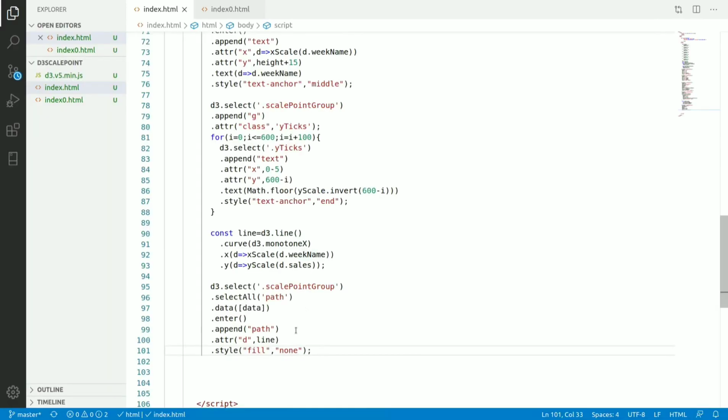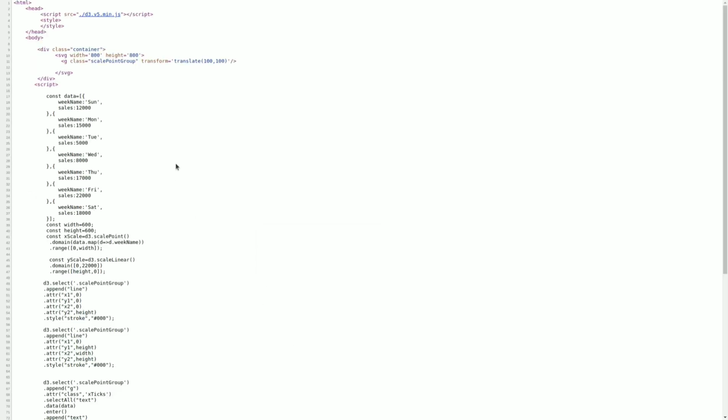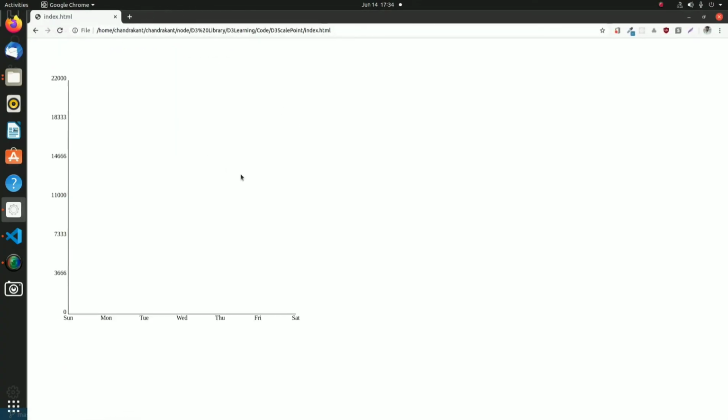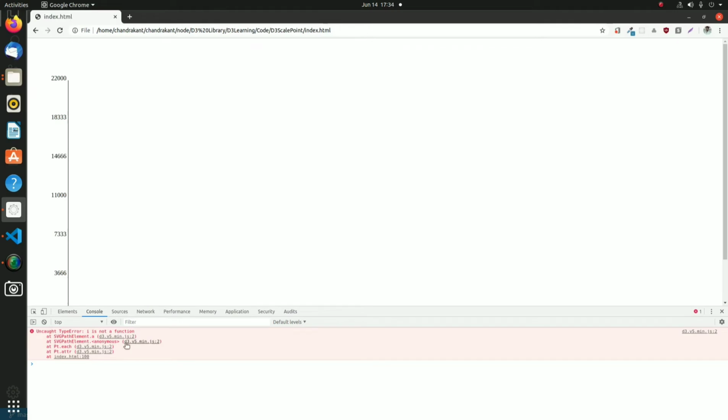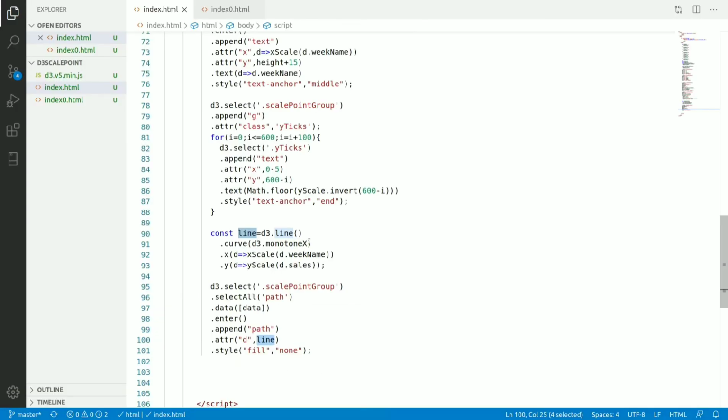Now we will see what happens here. For the line we have provided the path: d3 dot select all path dot data dot enter dot append path dot attribute d line and dot style fill none. See what, sorry, line is not a function.